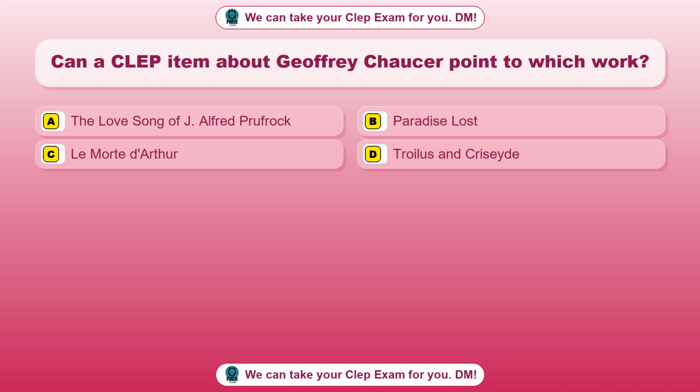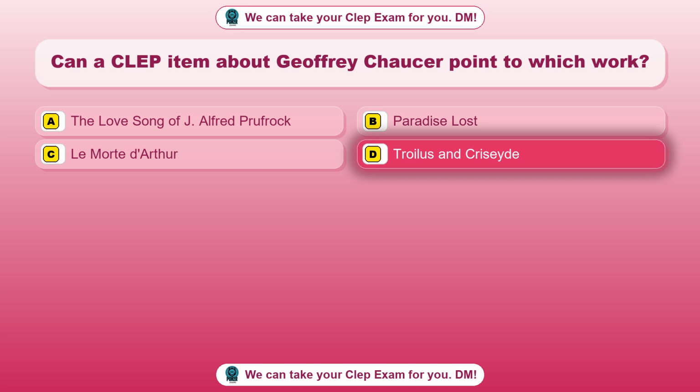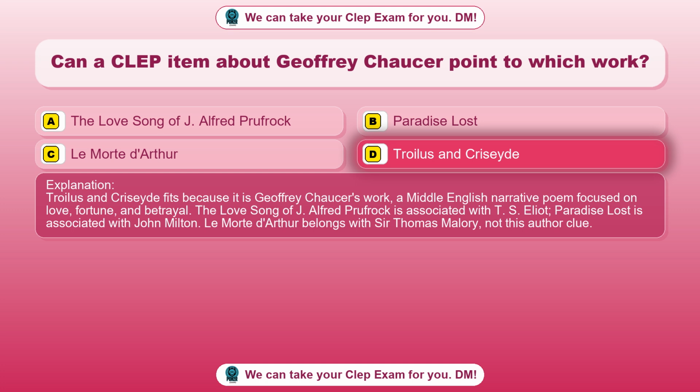Option A. The Love Song of J. Alfred Prufrock. Option B. Paradise Lost. Option C. Le Morte d'Arthur. Option D. Troilus and Criseyde. The correct answer is option D. Troilus and Criseyde. Troilus and Criseyde fits because it is Geoffrey Chaucer's work, a Middle English narrative poem focused on